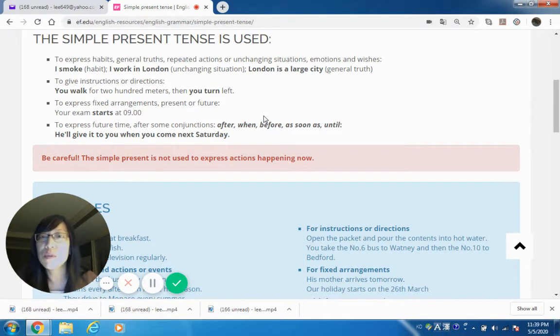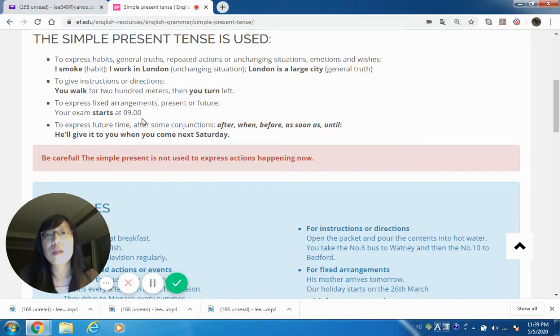Now, to express fixed arrangements, present or future. It could be present right now or it could be future. So it doesn't matter. It's like a timetable. Then you use simple present tense again. Your exam starts at 9. It could be today. It could be tomorrow. It could be 10 days from now, but it doesn't matter. It's a fixed arrangement, just like a timetable for the train,